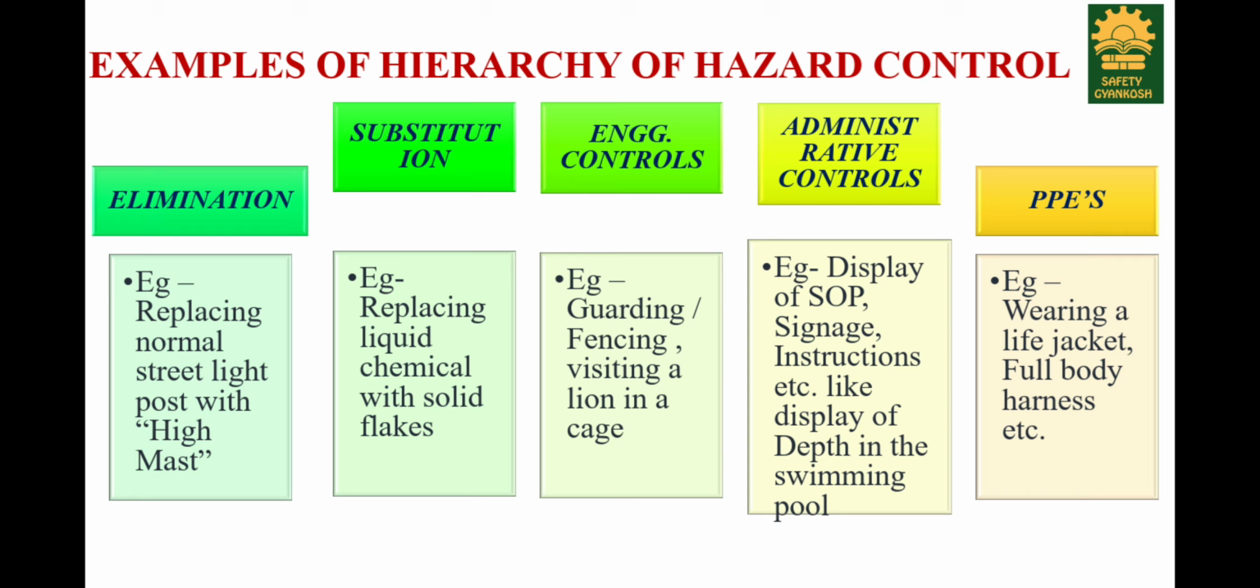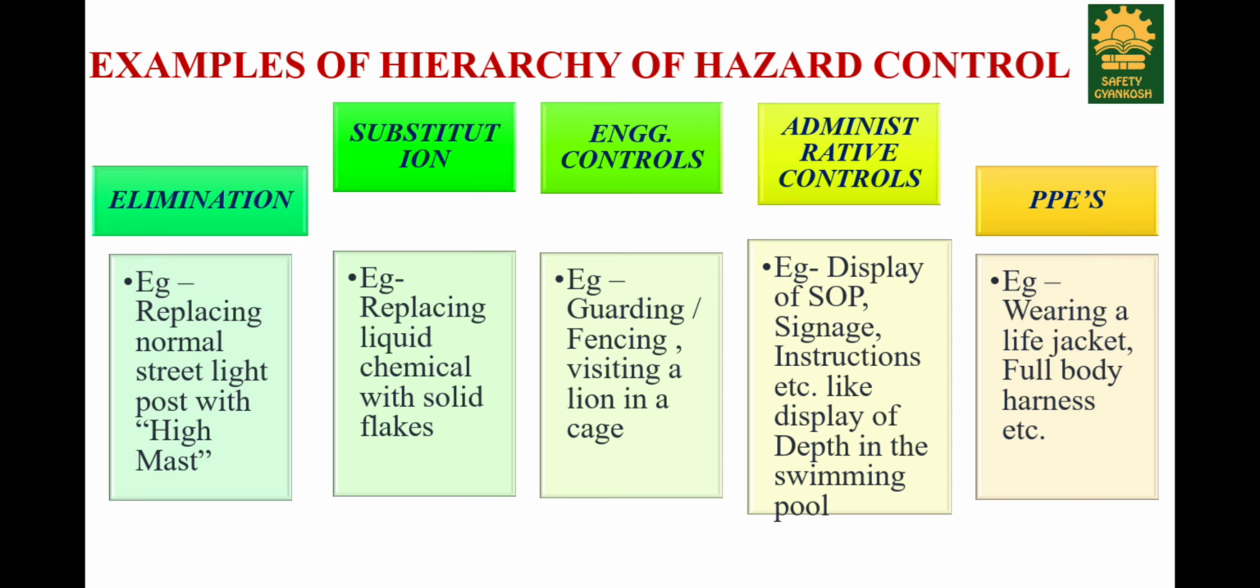So what are the administrative controls? Display of standard operating procedure or safe operating procedure, signages, instruction, etc. For example, display of depth in the swimming pool. If you are going in the swimming pool to swim, you can see the display of the depth mentioned everywhere, 4 feet, 5 feet, 6 feet, and so on. So it is just a warning sign that is giving you that there is a depth,